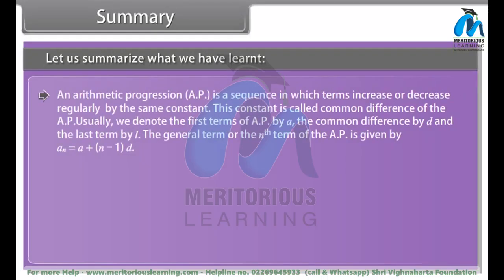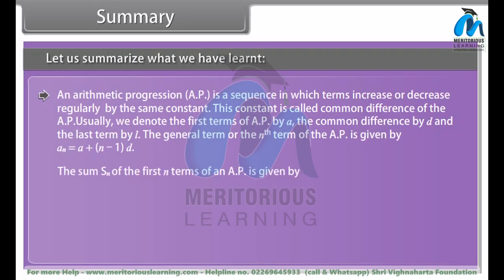An arithmetic progression, AP, is a sequence in which terms increase or decrease regularly by the same constant. This constant is called common difference of the AP. Usually we denote the first term of AP by A, the common difference by D and the last term by L. The general term or the nth term of the AP is given by